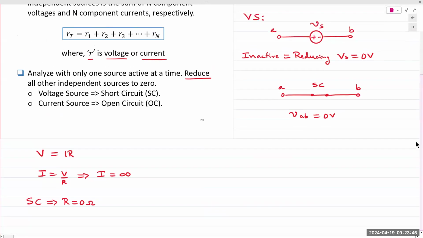All right. Does that make sense? Replacing the voltage source with a short circuit in your analysis. Okay. Current source is exactly the opposite. If you want current to stop flowing through a circuit, you should have a break in your pathway, meaning you take out the current source and create an open circuit. So if it's Is, a current source